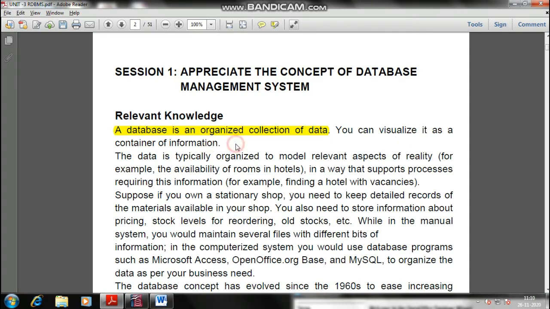You can take an example of a bucket and balls. So you have 3 colored balls like RGB, red, green, blue, and you have a bucket, and you will be containing the balls in the bucket. So the bucket is acting as a container, meaning acting as a database, and inside the database we have a number of balls, that is acting as data.